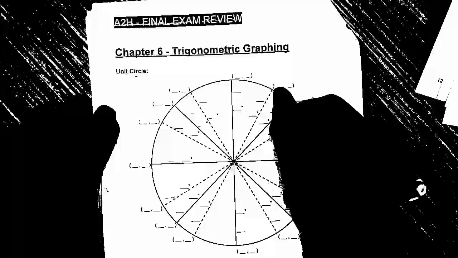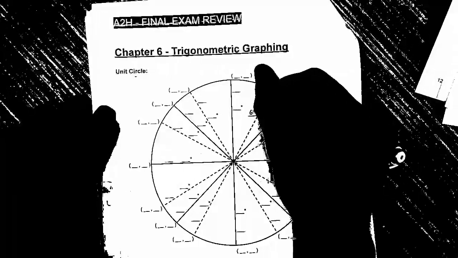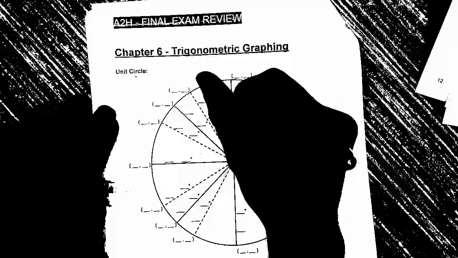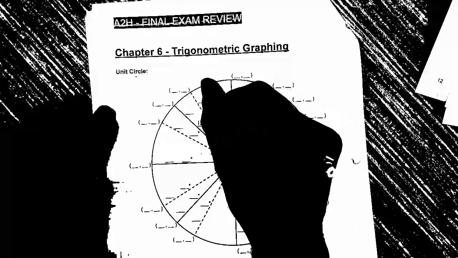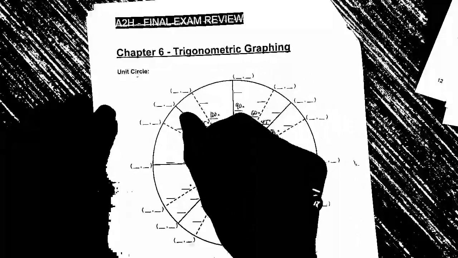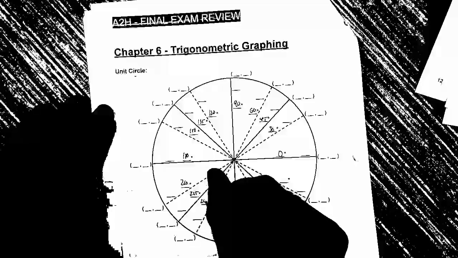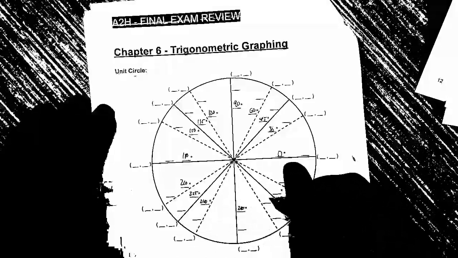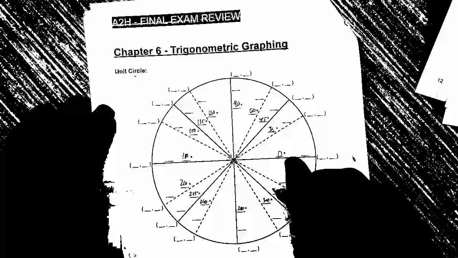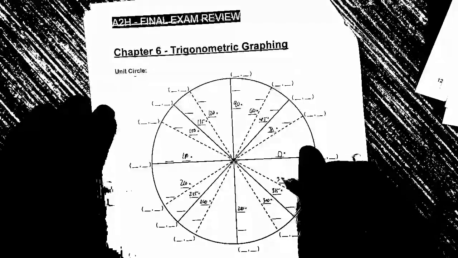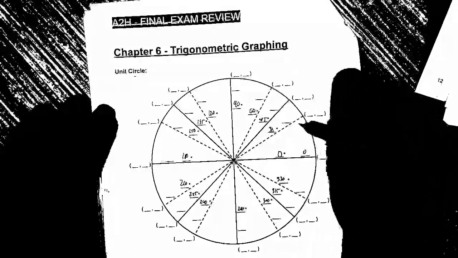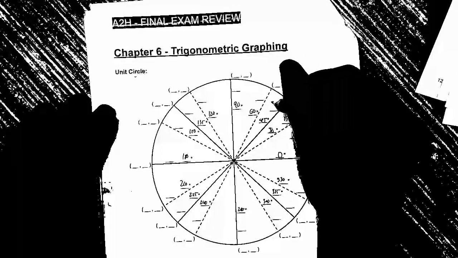So you have 0, 30, 45, 60, 90, 120, 135, 150, 180, 210, 225, 240, 270, 300, 315, 330, and then radians we have 0, pi over 6, pi over 4, pi over 3, pi over 2,